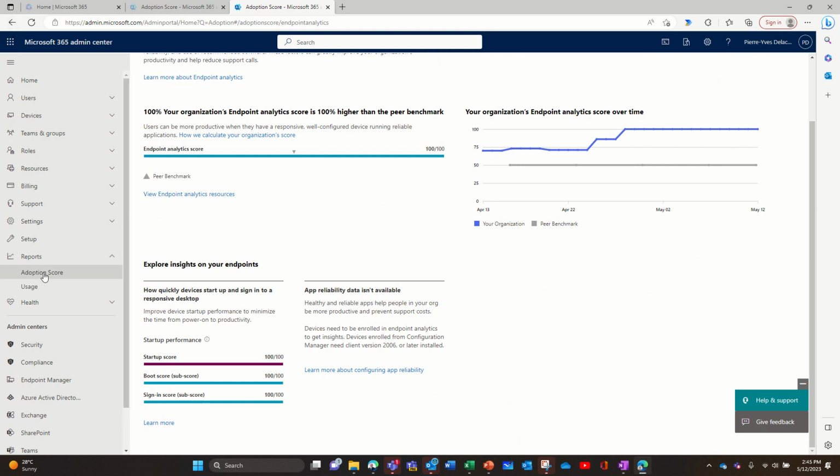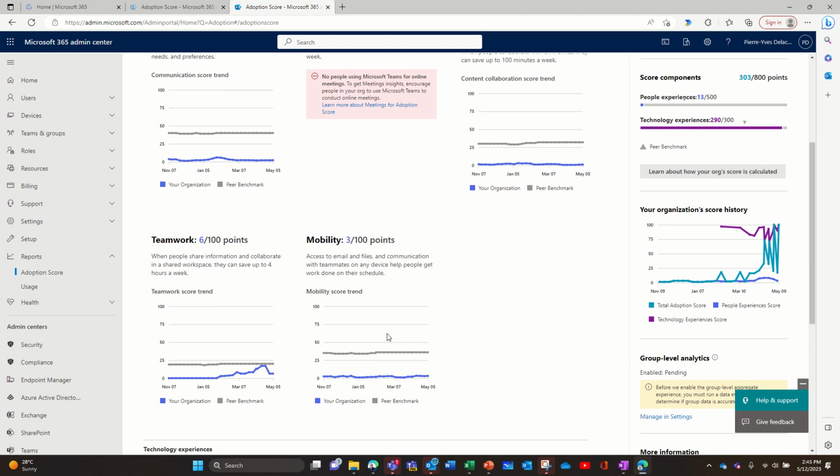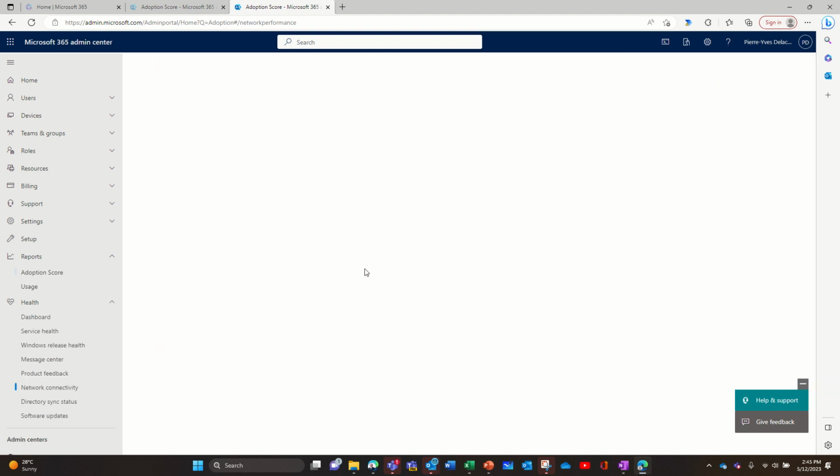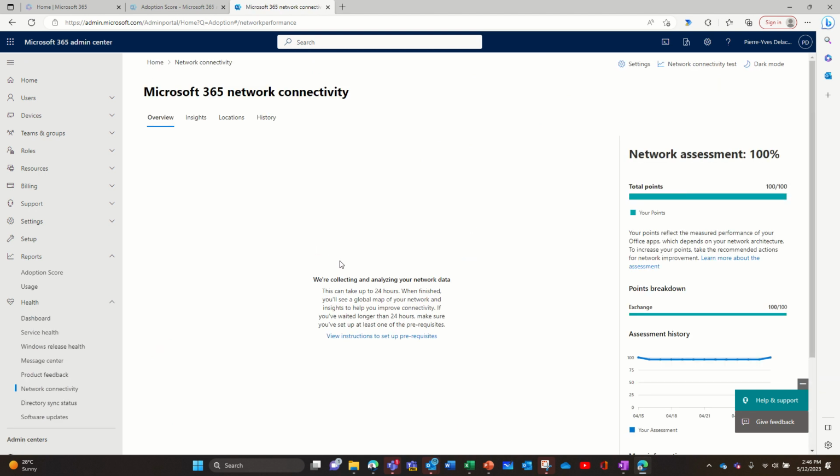And the final one, I think there's one last one. Oh no, two last ones. The network connectivity. Sometimes we have customers who have issues uploading documents in OneDrive or in network connectivity, so that can help to have some data regarding the network connectivity. Since it's a demo environment, I don't have anything here, I guess.